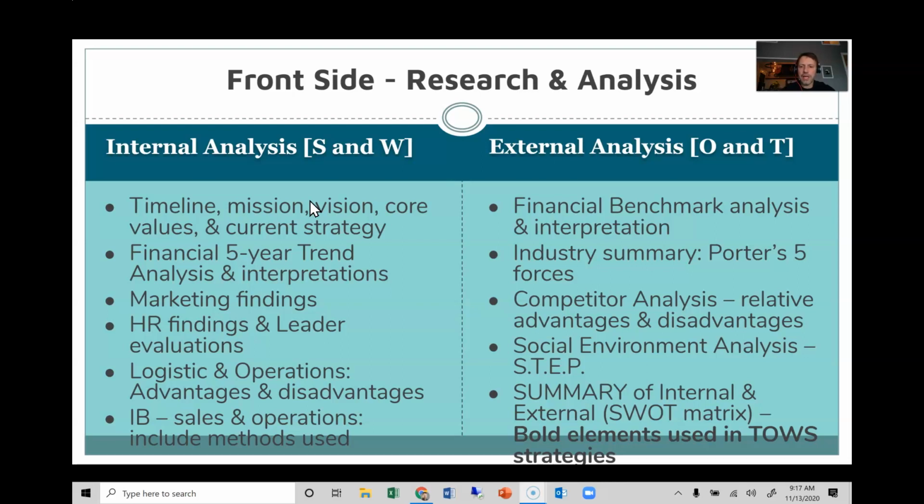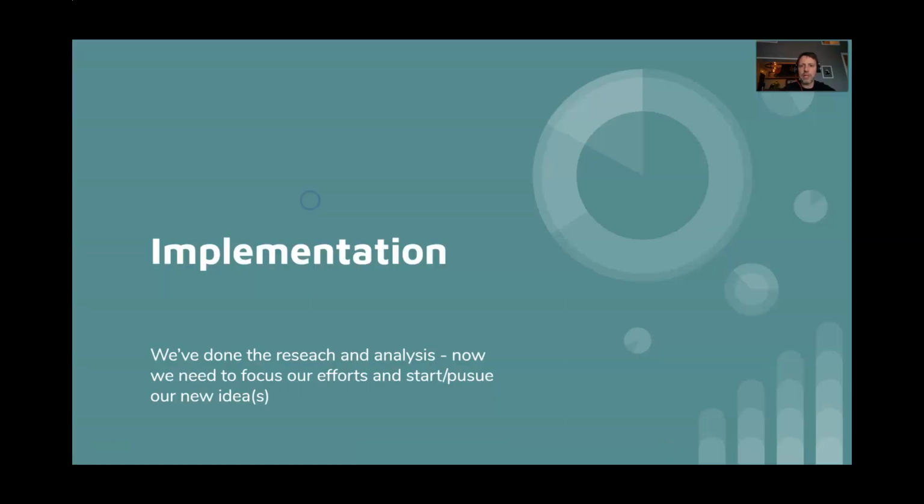You've summarized that and you've been able to create a SWOT matrix. And out of that, you've highlighted the things that you think are most critical moving forward for the company to be successful, whether that's our case company Tesla or whether that's the specific company that you are studying. So we're going to move into the last phase.